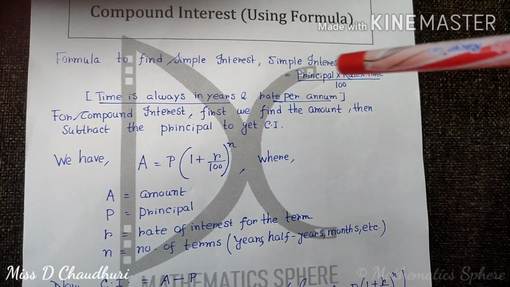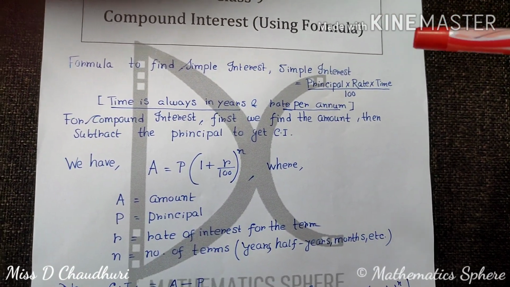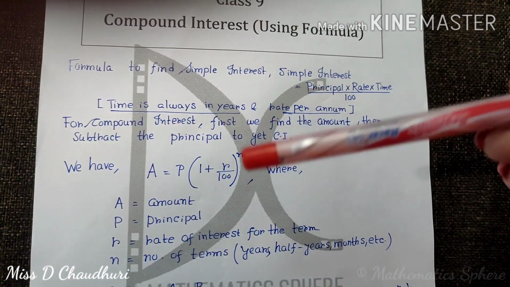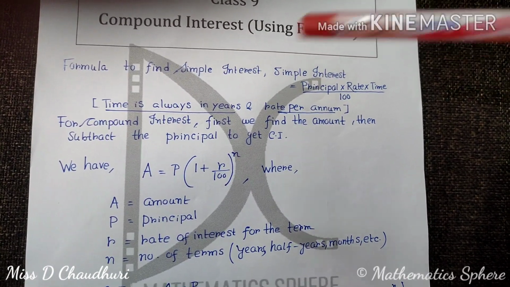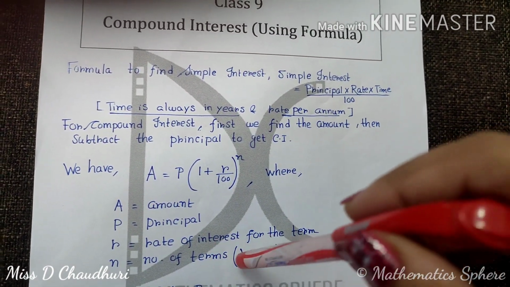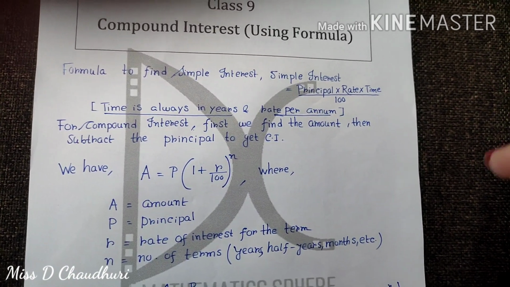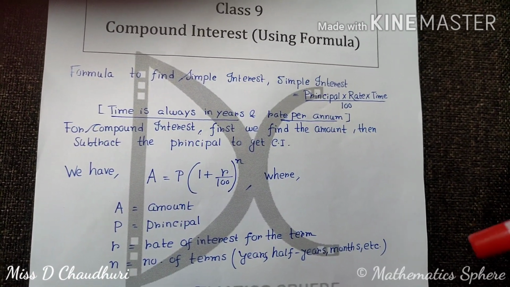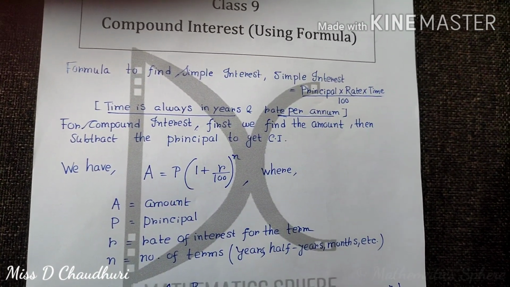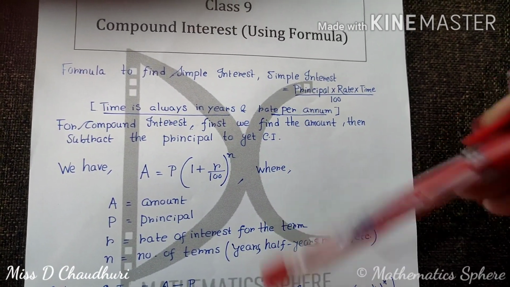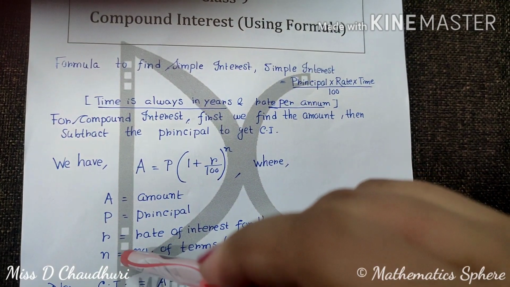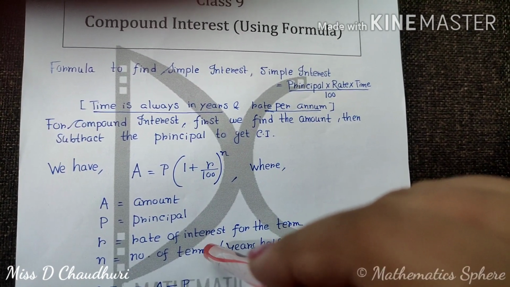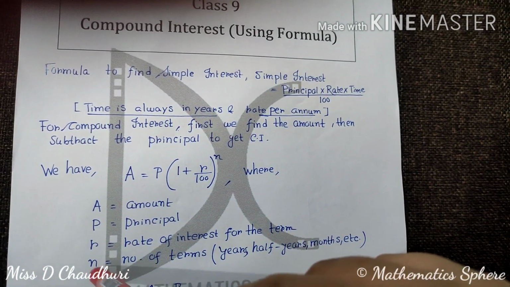Here if you are given that the interest is compounded annually, then you are going to take the rate per annum, means your term will be 1 year, and the number of terms will also be the number of years. Now if you are given that the compound interest will be compounded half yearly, then in that case your term will be half years. In that case n should be in half years, means if the question is given in years you will multiply it by 2. Then you will get the number of terms.